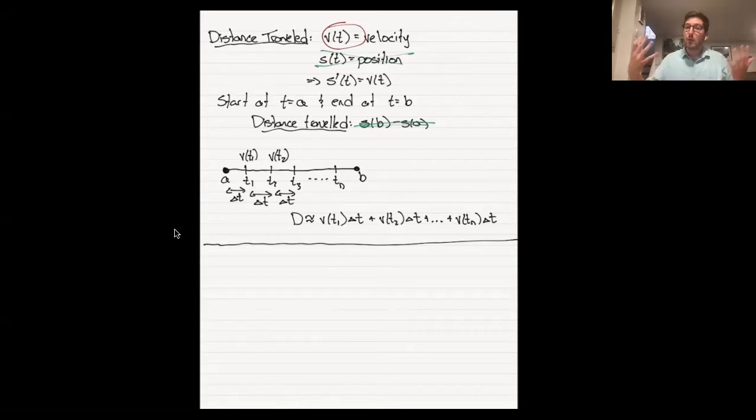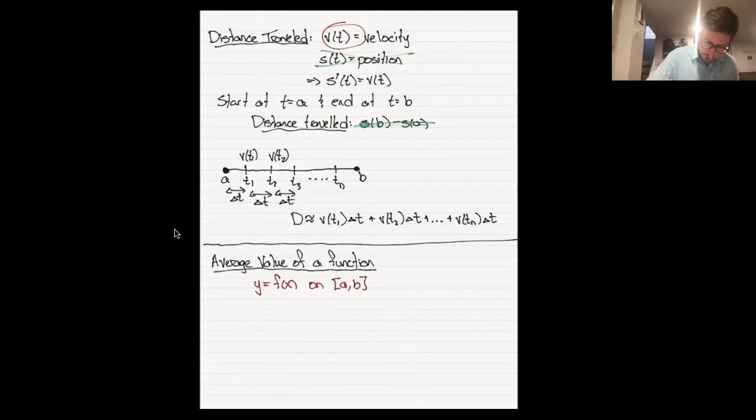Okay, so, why would you need to do this? What's a place where you need to do this? Well, you could go back to the previous example. You can ask, what was the average speed? What was the average velocity that someone was traveling at while this was happening? Or let me give you another example. Imagine you've got